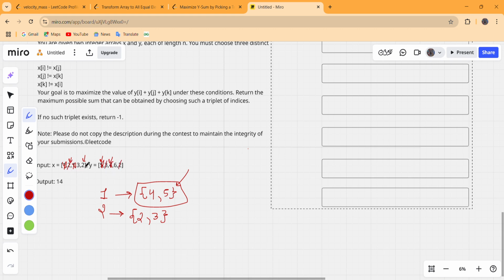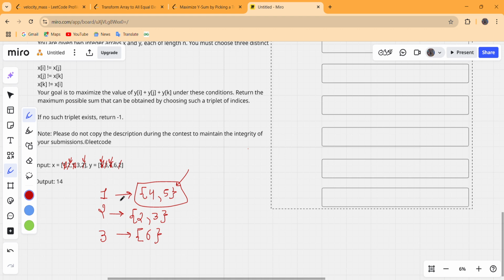For this 3 the only possible value is this 6. Now it may be possible that for some number there are more than one element, or two elements or three and more than three as well. So this is basically not a pair. This is basically a data structure that can contain multiple similar values as well.